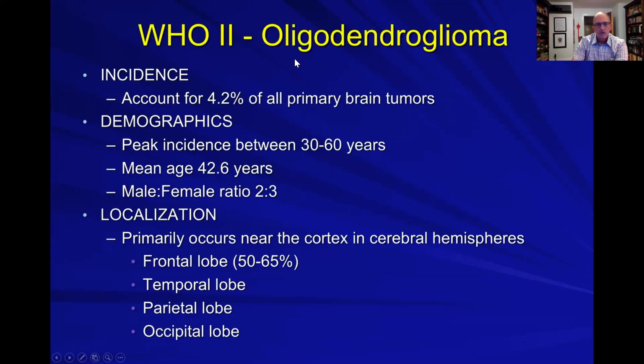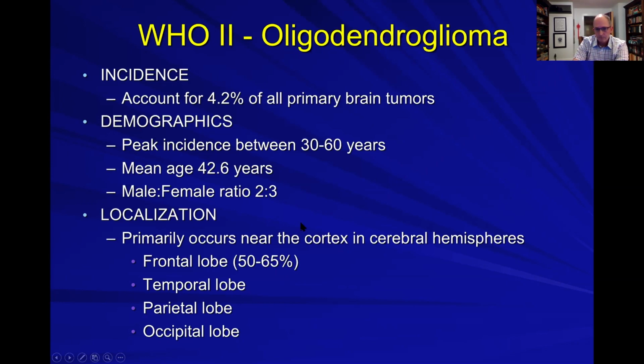So I do want to talk about this. This is a bit more common, the oligodendrogliomas. The typical one is a grade 2. These account for about 4% of those primary tumors. Peak incidence is in the 40s, and a little bit more common in females. They occur more commonly supratentorally, perhaps only supratentorally. The unique thing about them is they are more commonly seen closer toward the cortical border near the cortex, which is probably why they more frequently present with